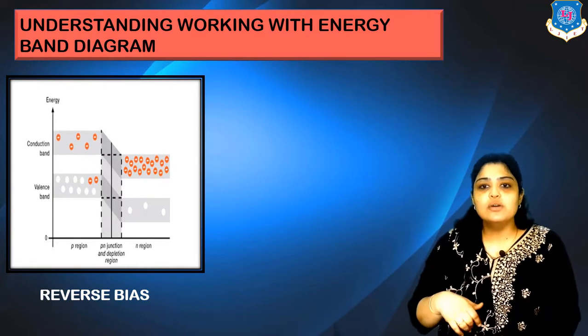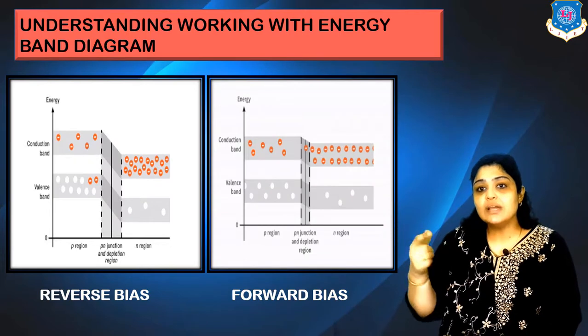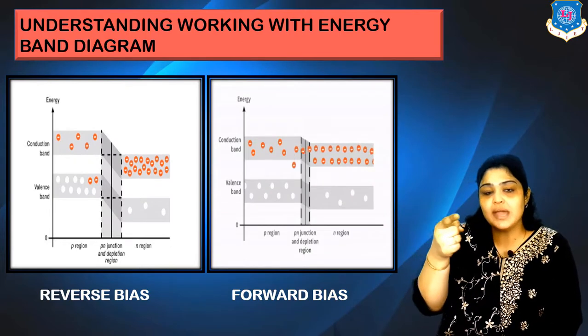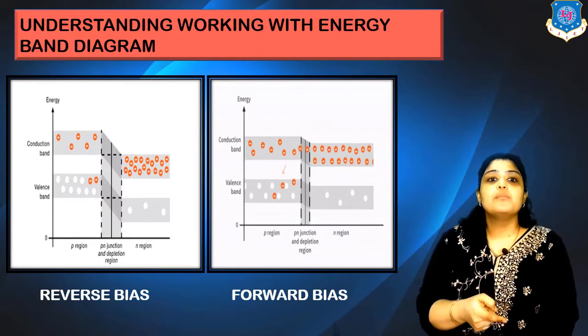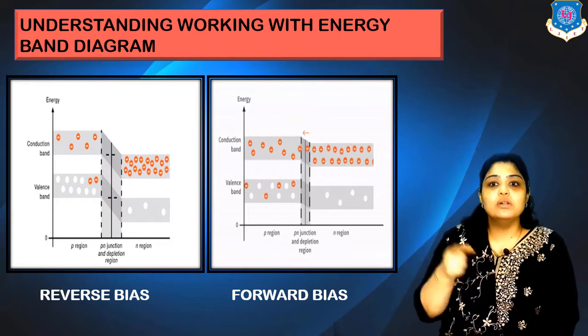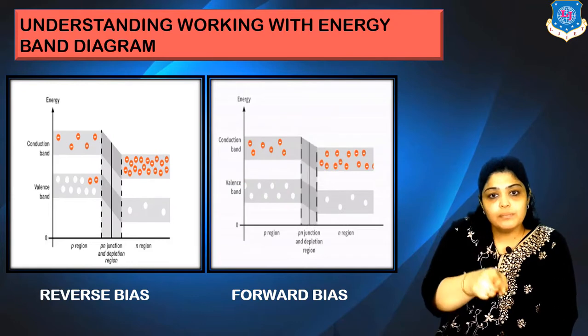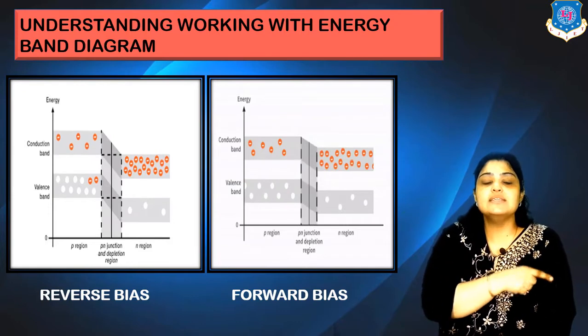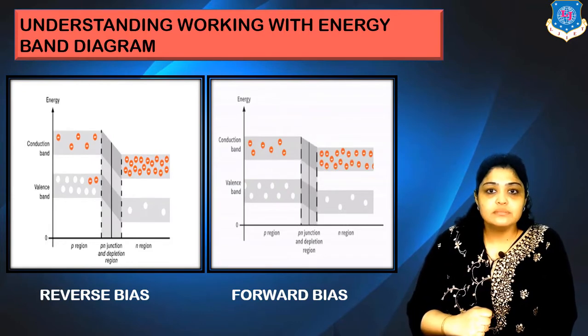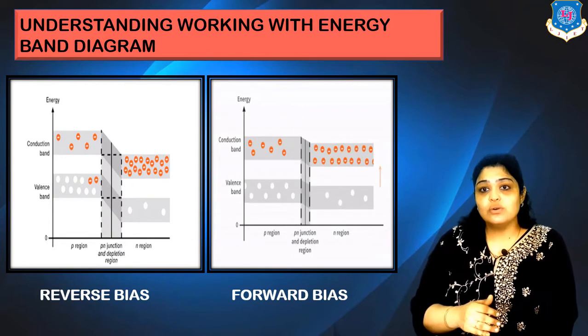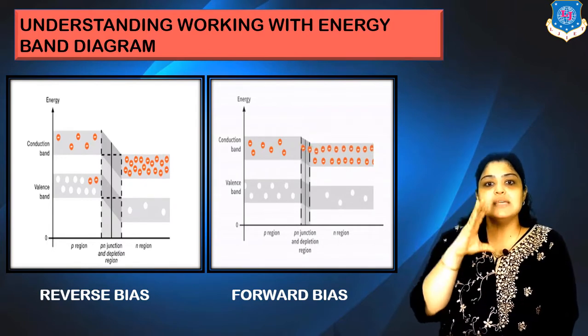But now let's have a look at the forward bias. Now forward bias, you can clearly see that electrons from n side are moving to p side and they are recombining with the hole. You can see that electrons from n conduction are moving to p valence and hence you are getting current, right? And also the slope or the steep is decreased.